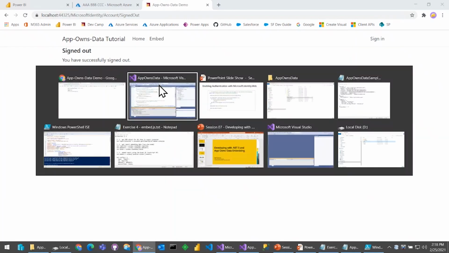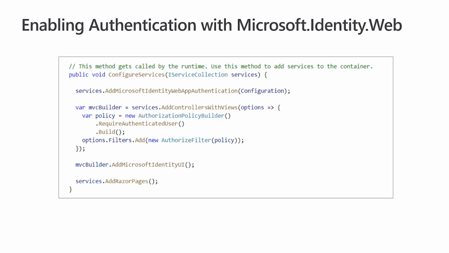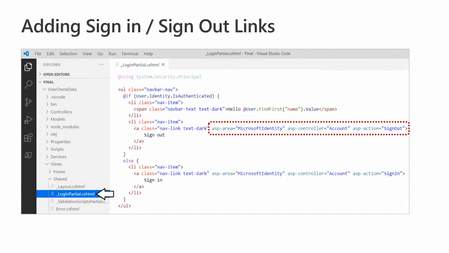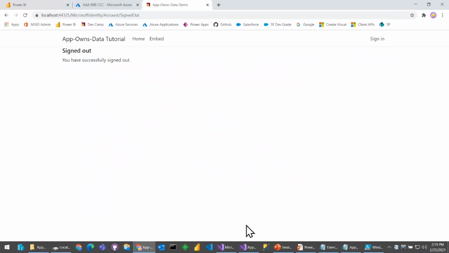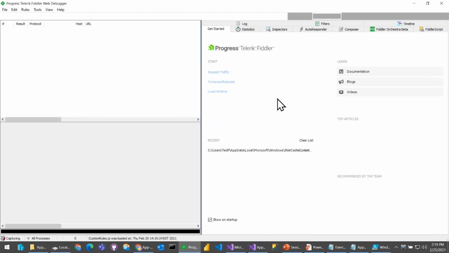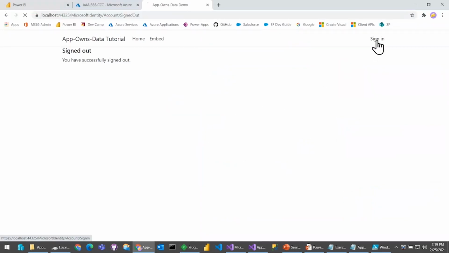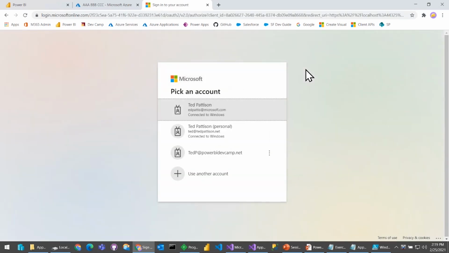One more thing, let's go back to the slide here. Note that this code is added automatically for you. But then what you're going to do is go to the partial view that defines the user menu. And we want to point out that this library has certain endpoints, Microsoft.Identity/account/signout/sign-in. What I mean by that is, if we go to this application and bring up our little buddy Fiddler, and the user comes in here,